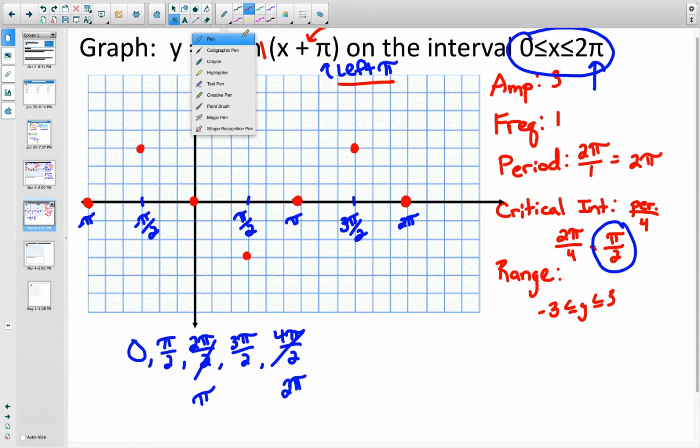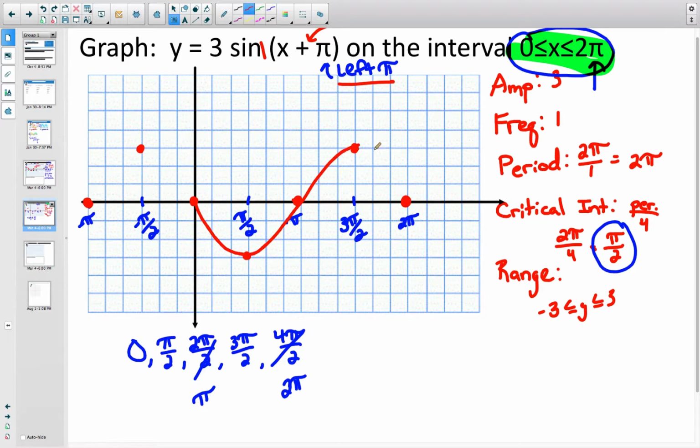My domain was very specific. It is only from 0 to 2 pi, no more, no less. That means that when I connect, I only want to connect from 0 to 2 pi, so I only want to graph this. That's it. Now if you have an eraser, you could erase these points. If you did it in pen, just put X's through